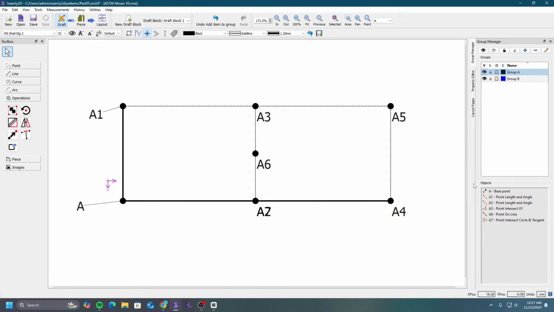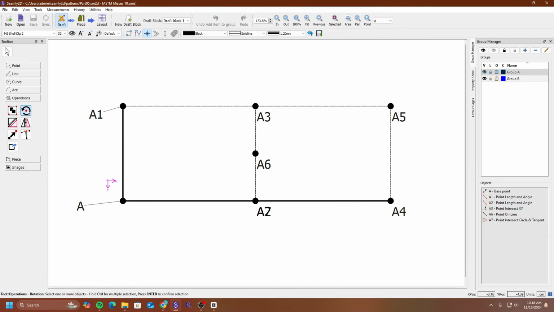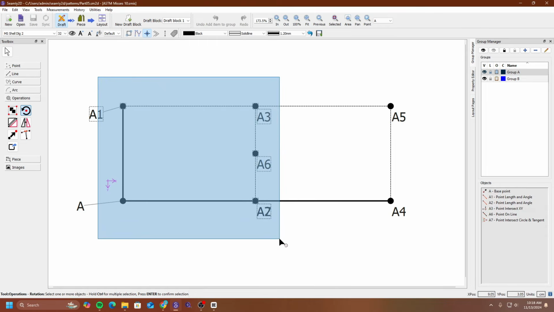Super useful tool. Try to make it part of your workflow because these draft blocks can get really unwieldy when you're making something complicated. The next tool we're going to look at is the rotate tool. So you can select one or more objects. If I only needed a portion of this drawing, I could select just a portion, or I could select the whole thing. Let's go ahead and just grab